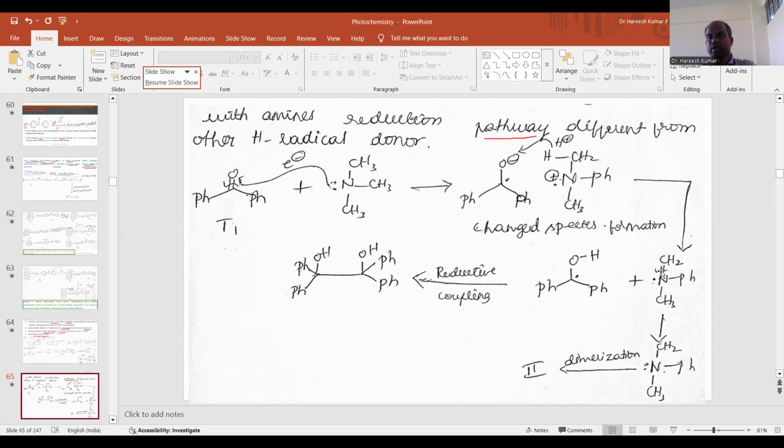this pi bond undergoes homolytic cleavage, forming a radical here. This radical reacts with the